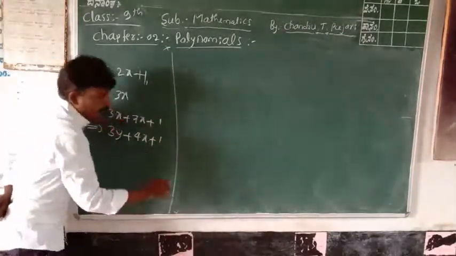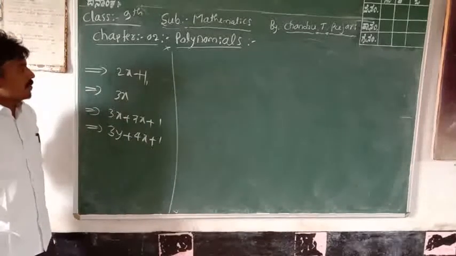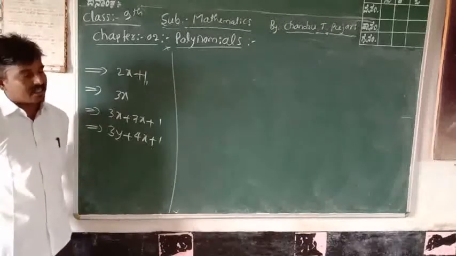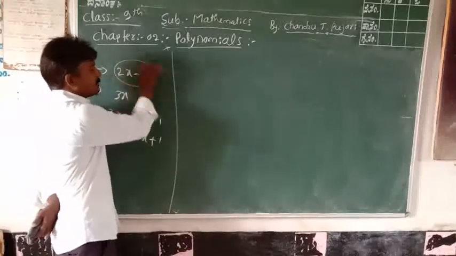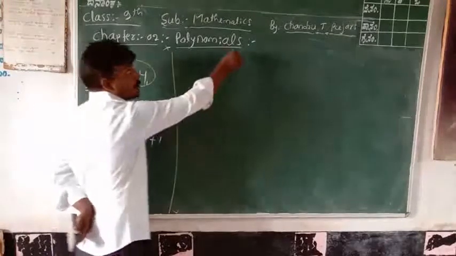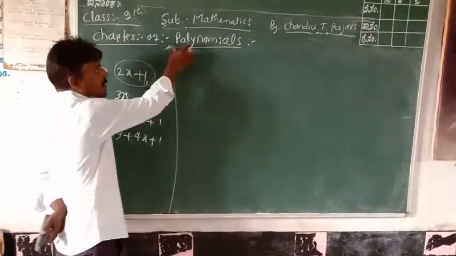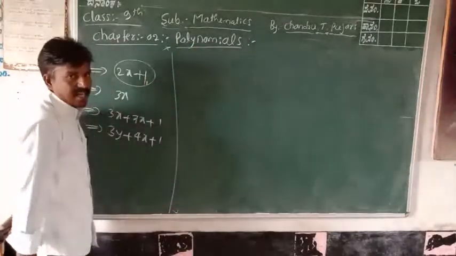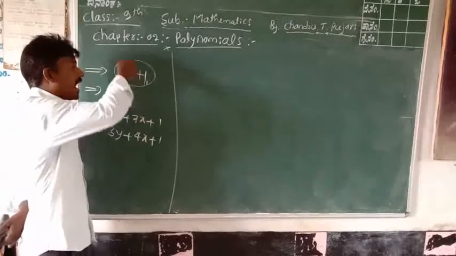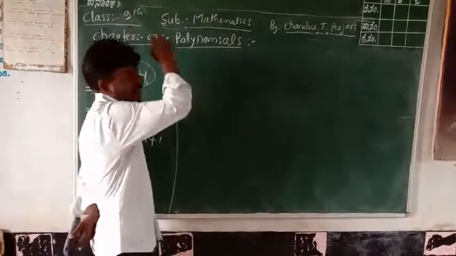First of all, you can study the algebraic equations. You can compare what the things are here, what the values are here. This one is an algebraic equation, and all algebraic equations are polynomials. You study this in your ninth standard. The chapter name is polynomials. In your previous classes, 6th, 7th, 8th, you learned only algebraic equations. All algebraic equations are polynomials.